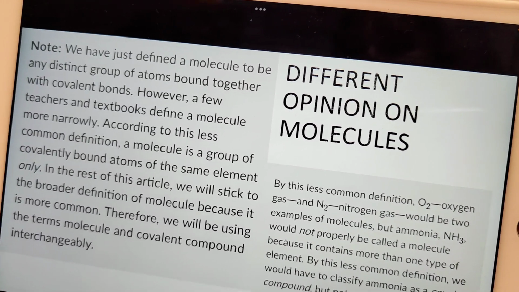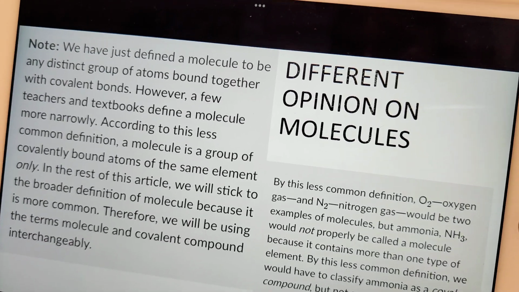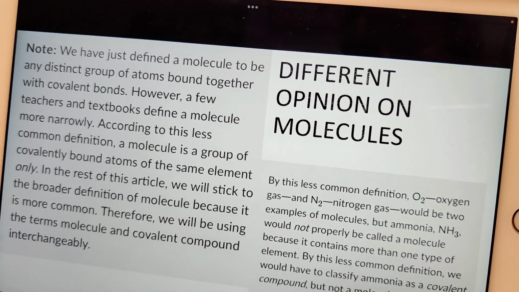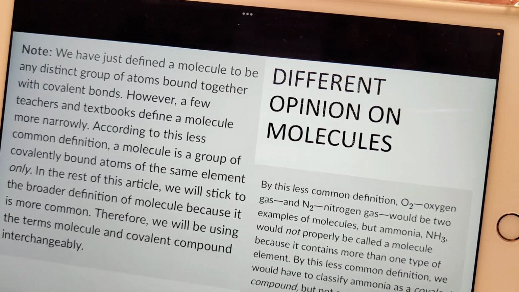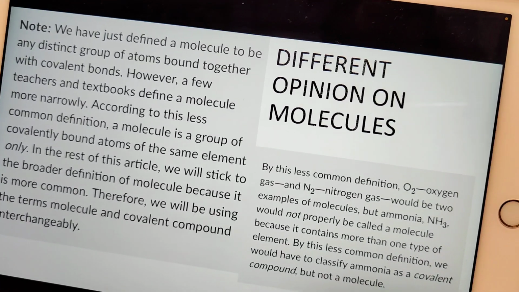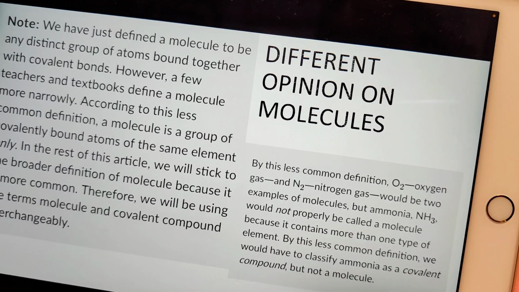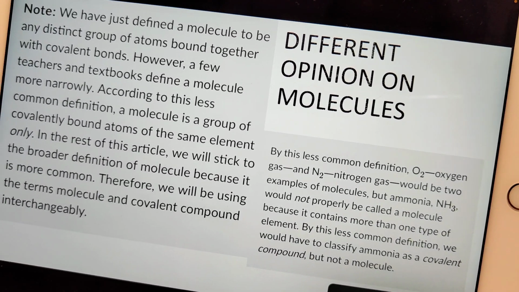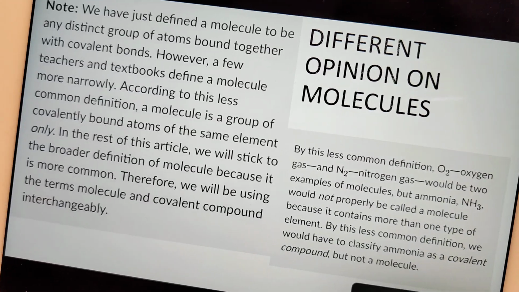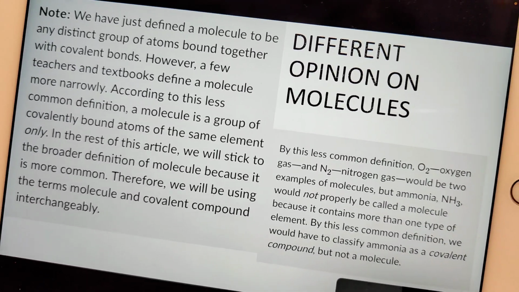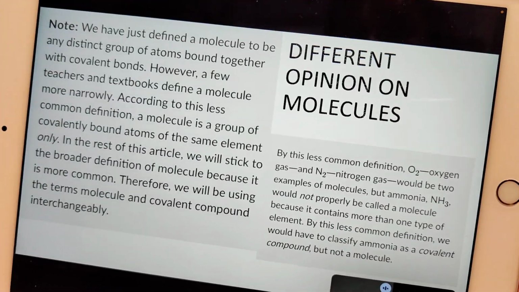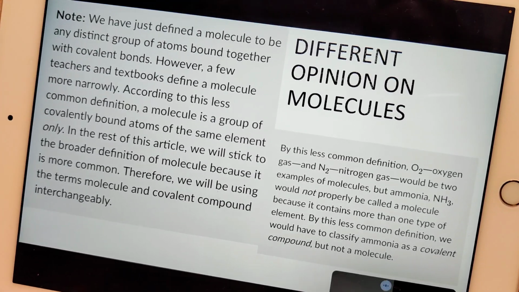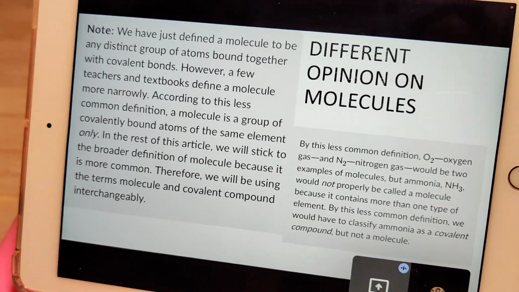A molecule is a covalent bond. Covalent bond is two different atoms, as you remember. It doesn't have to be the same element. So in the rest of this article, we will stick to the broader definition of molecule because it is more common. Therefore, we will be using the terms molecule and covalent compound interchangeably. So it's more common to use a molecule as a covalent compound, but just remember there are different